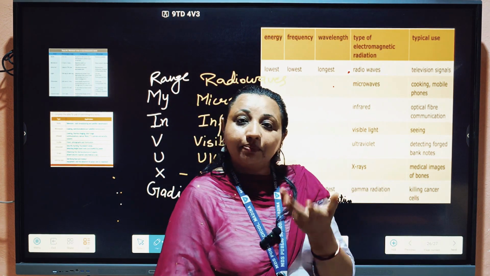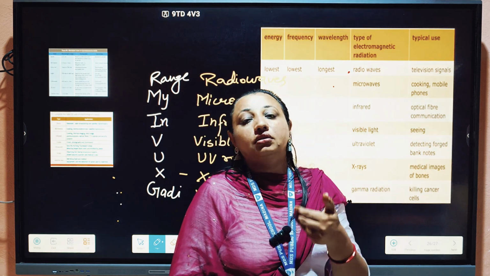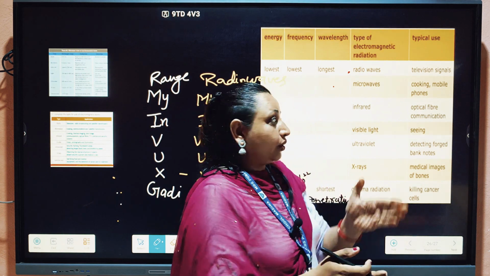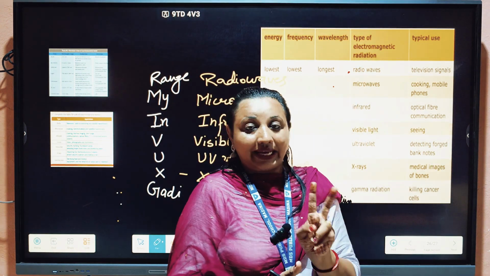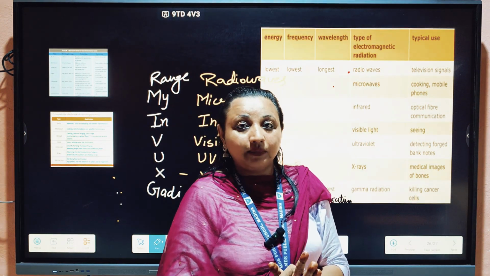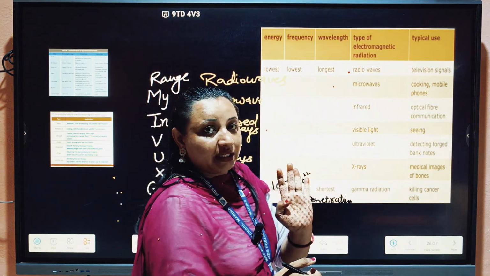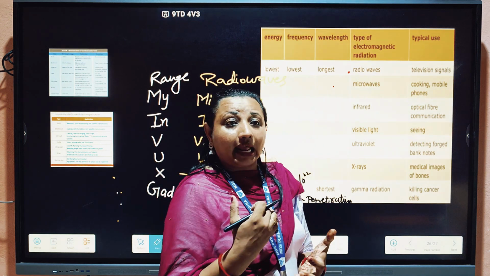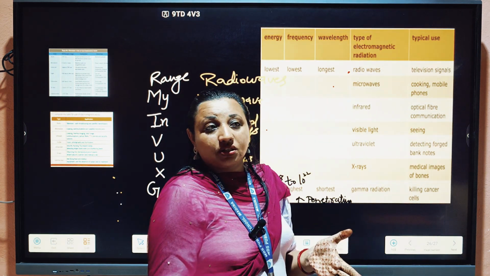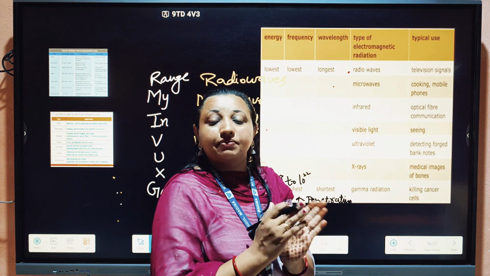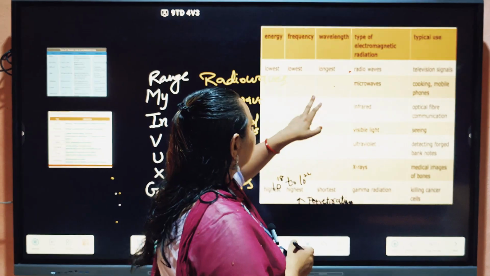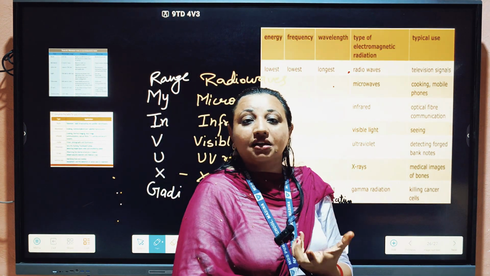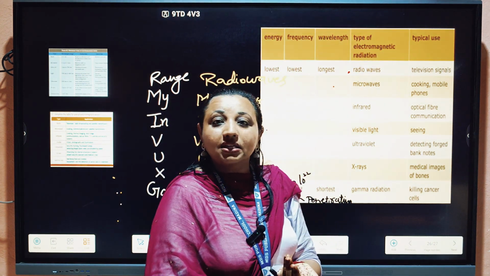Or how they are produced. And most of the questions asked from electromagnetic waves are about the uses of these waves. Any 2 uses or 3 uses you have to tell. So these types of questions are asked: how they are produced, whether they have momentum and energy, how momentum changes. So radio waves have the lowest frequency, and that means they have the longest wavelength.